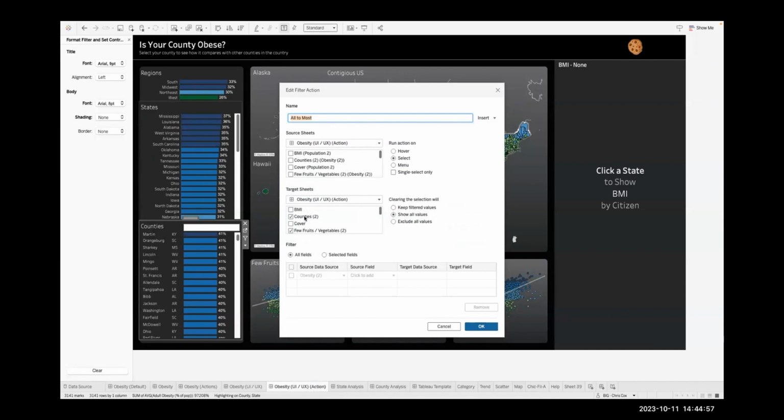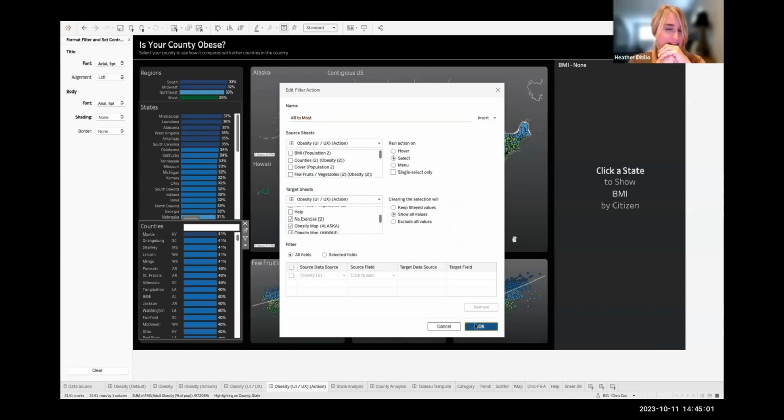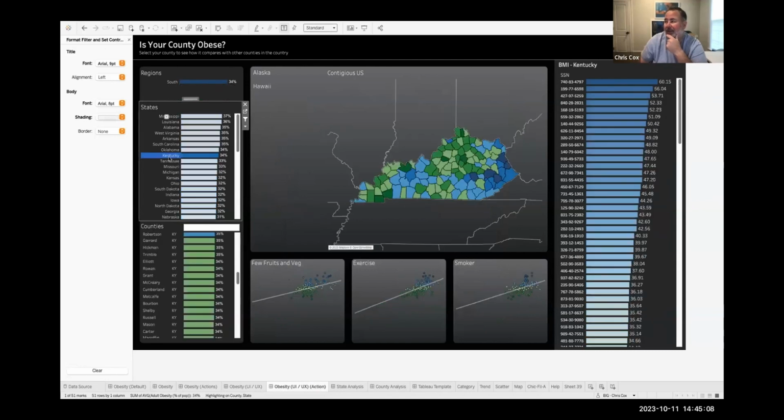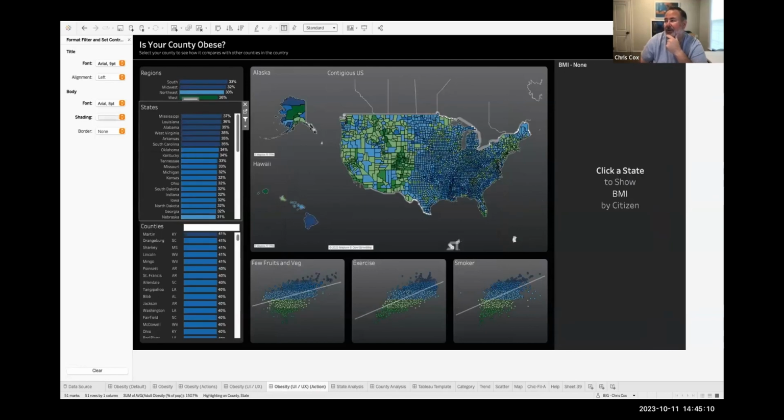Heather, I have that exact example, sample set up. Great. Do you want to show that, John? Sure. I realized that my help file went away, so I had to fix that because I was filtering to the help icon. That's the only gotcha with having a sheet: every time you add a new sheet to a dashboard, it's going to probably add to your actions. So you've got to take it off, especially if it's one you don't want it to filter to. And by taking it off, Chris means unchecking it. When you go to edit filters, you want to uncheck that.